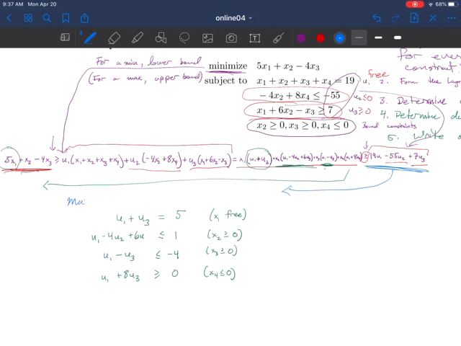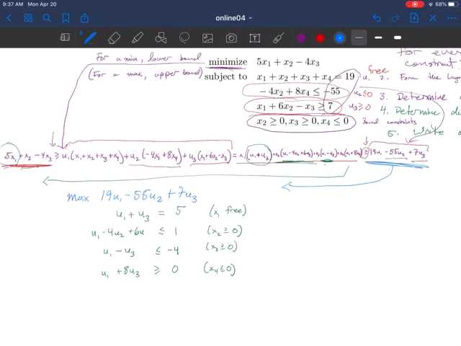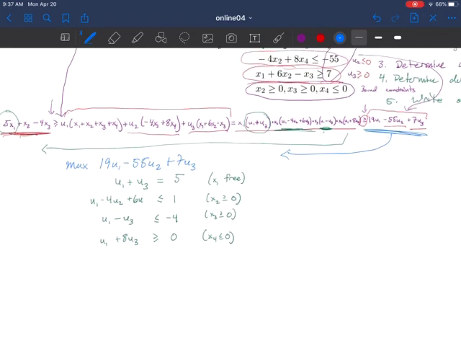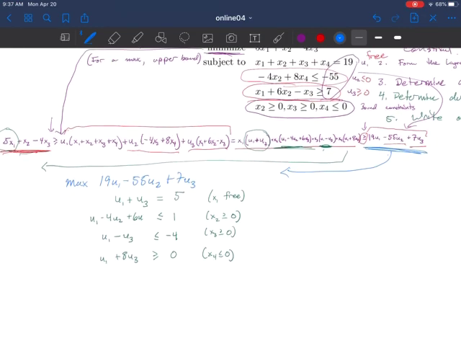Let's change this color to a light blue. The objective is here, so I write that over here. Because I was minimizing, now I'm maximizing. I want the best lower bound possible. So it's 19u1 minus 55u2 plus 7u3. And I write down the bounds that I had. I don't need to write anything for u1 because it's free. So I write u2 as